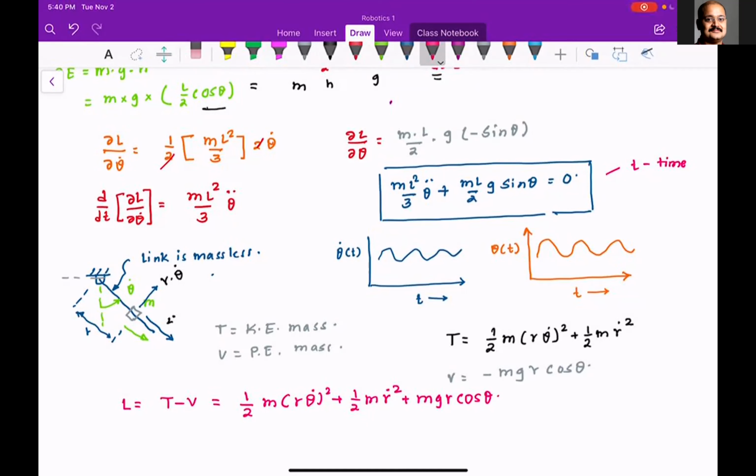I'm going to repeat this one more time before I go. So this is a 2-degree of freedom problem. The number of independent coordinates that are required to specify the state of that mass m are 2, r and theta. You can't just find the location of the mass based on theta or based on r. I have to give you r and theta simultaneously so that you can find out where that mass is. Everyone understood?